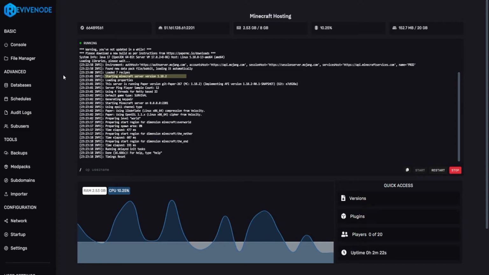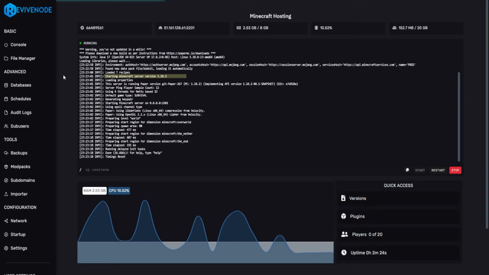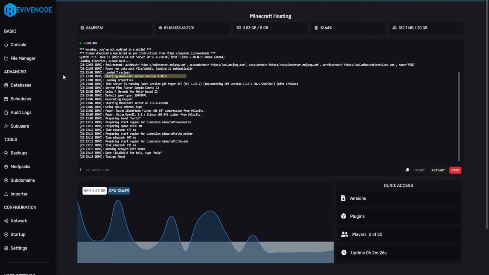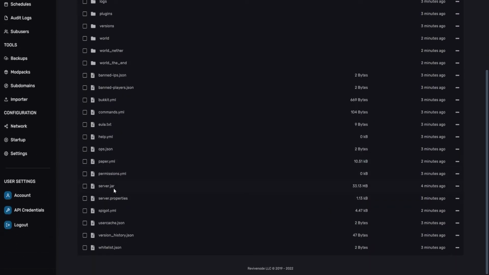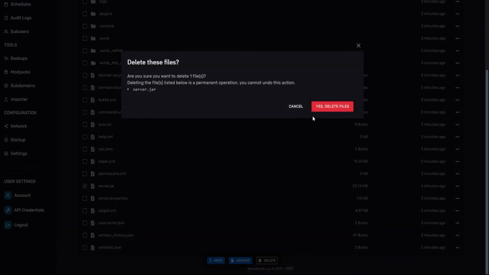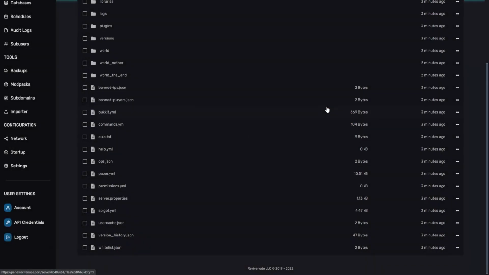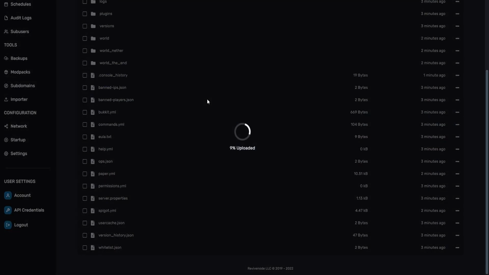And for the second part, if you want to install one manually, first, make sure you downloaded the jar that you want to install. Heading over to the file manager, here, you're going to go into server.jar, you're going to select it and delete it. If you do not have this jar, no need to worry, as you can just install your current jar by skipping this step. Once you have it, I'm going to upload the jar that I want to run, and now